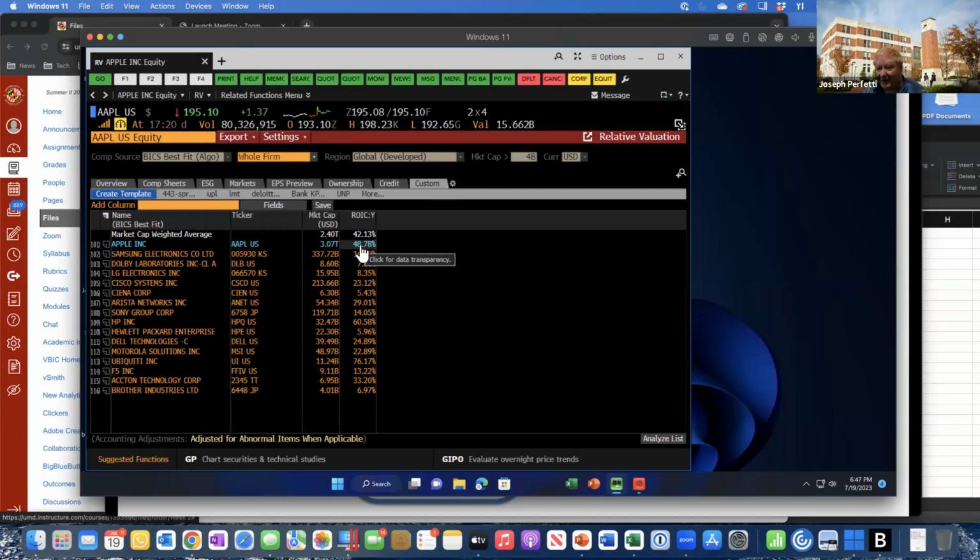And they're going to misvalue Apple because they don't need to borrow the $169 billion worth of cash. That's non-operating. If you look at the operating ROIC for Apple,